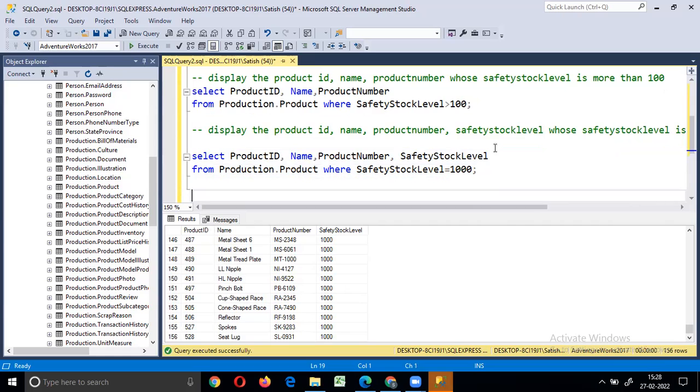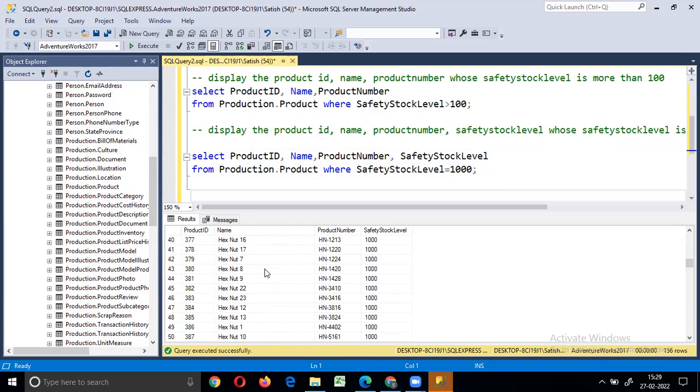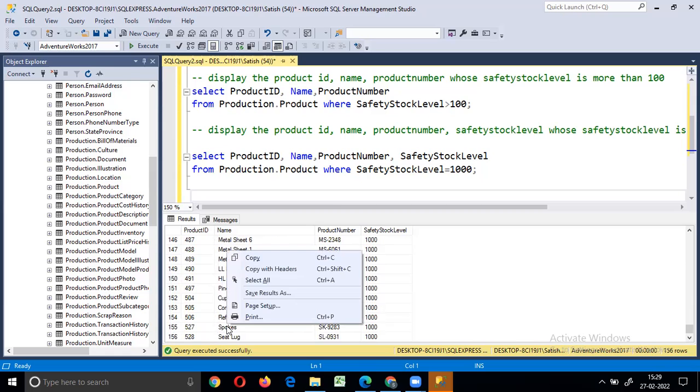Yeah. Now I would like to display the product ID and product number of the item. What can we take? Spokes.